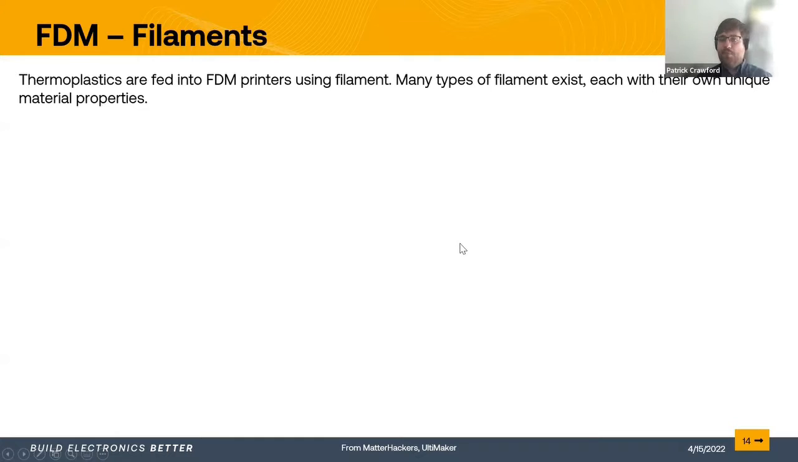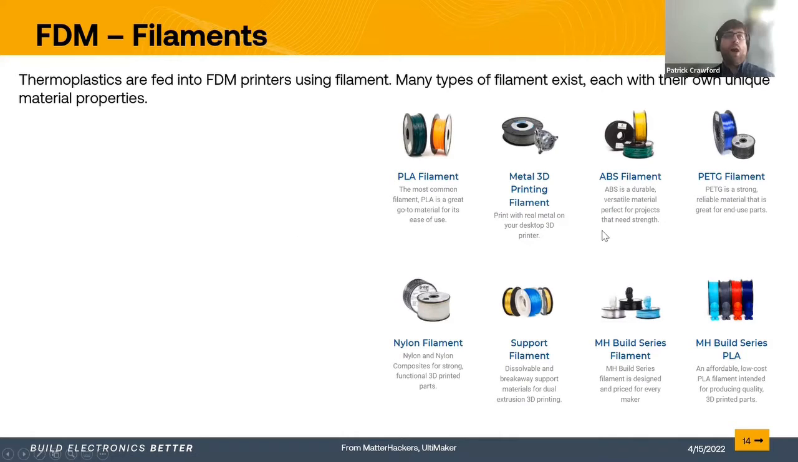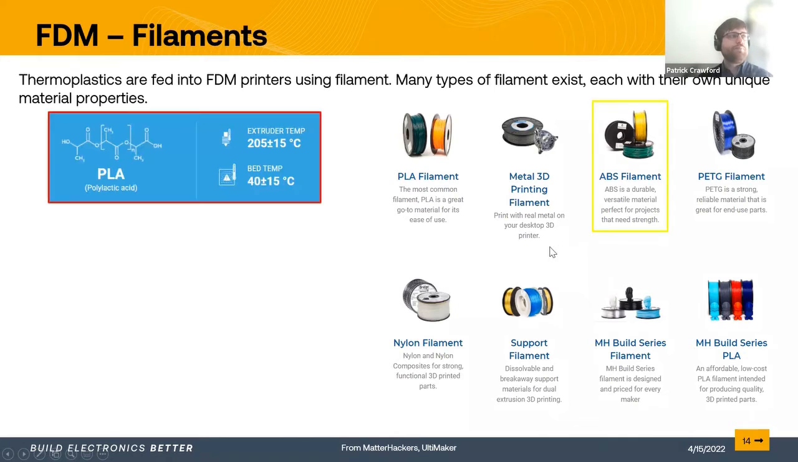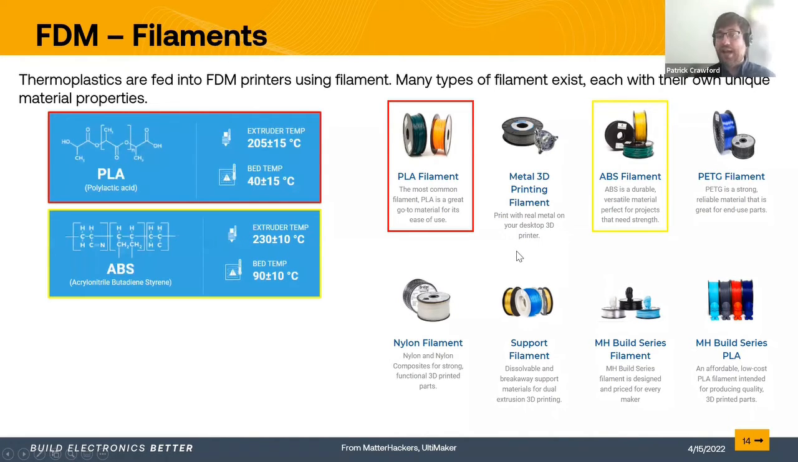So FDM printers use filament. The thermoplastic is fed into the printer. Key to know is that there are so many different kinds of filaments now that serve so many different niches. They all have material properties that are suited to different applications. The most commonly used are going to be PLA and ABS, polylactic acid, and